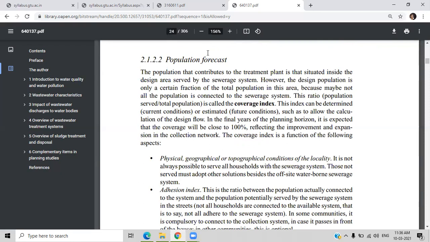The first is the physical, geographical, and topographical condition of the locality. It is not always possible to serve all the households with the sewerage system. Those not served must adopt other solutions besides the offsite waterborne sewerage system. So we can say that in any region, when we are going to plan a new sewerage system network, or we have to improve our existing sewerage system,